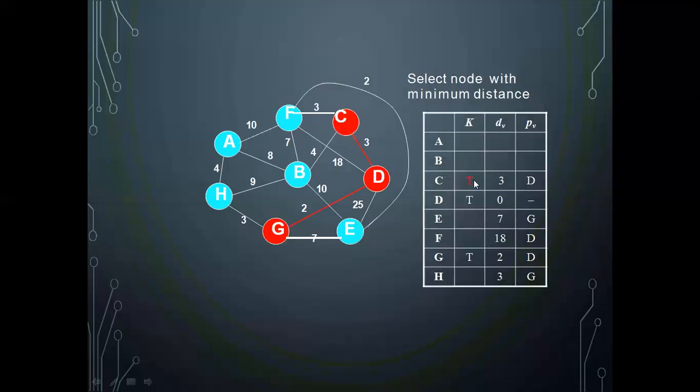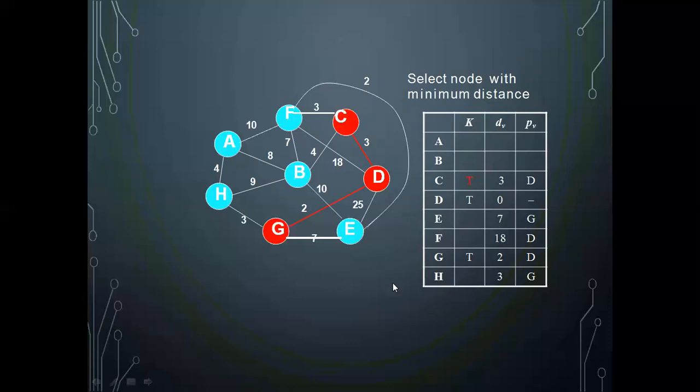So in the next case, I am adding this C because that has the minimum weight 3 and I am adding that 3 to the resulting one. Now this is the minimum one. So I have included C also to the minimum spanning tree. So C is added to the minimum spanning tree. Next step is I should find out what all are the edges which will be starting from C.